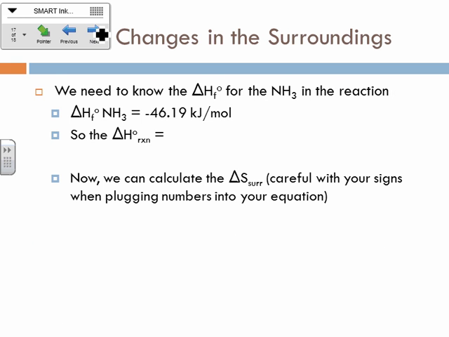So we need to calculate the heat gained or lost by the surroundings. Now again, in a very unhelpful, oh no, I actually did give it to you on this one. Okay, so the delta H formation for the NH3 here is negative 46.19 kilojoules per mole. So what is the heat change overall for this reaction? It's not negative 46.19. I'll tell you that. Look back at the reaction for a second. How many moles of NH3 are we making in this reaction?